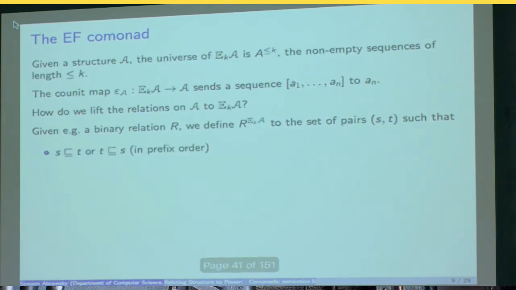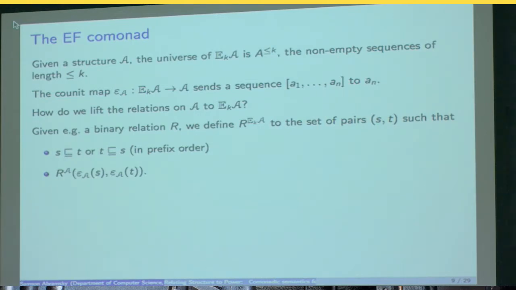We're going to define two sequences to be in the corresponding relation in E sub k of A if, first, they have to be localized to be happening along the same play. So therefore, one has to be a prefix of the other. They have to be relevant to the same play of the game. And so we can think of a sequence as really the last element in the context of the previous history of the play. So we say that the two sequences are in the relation if their last element,